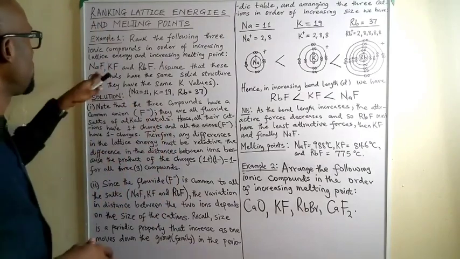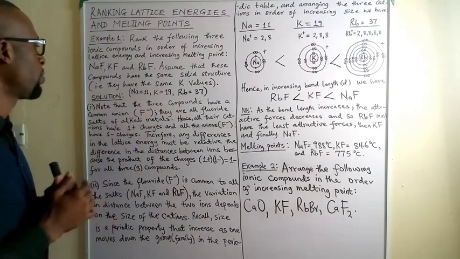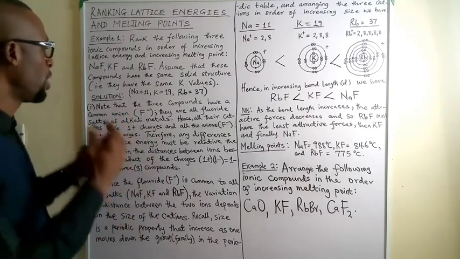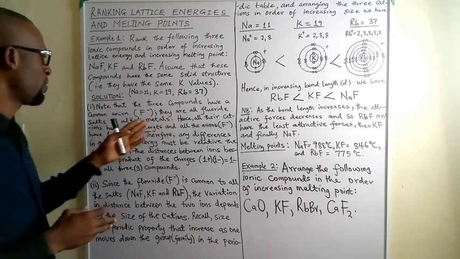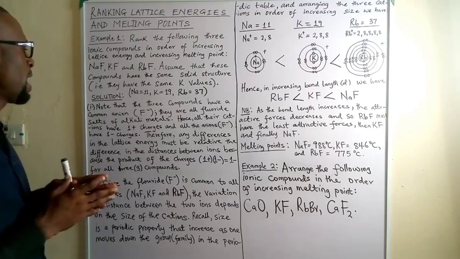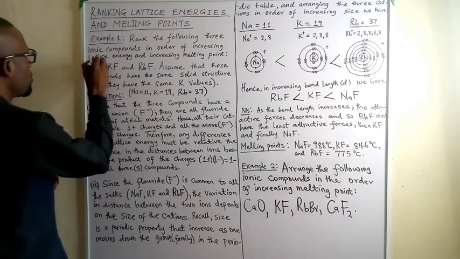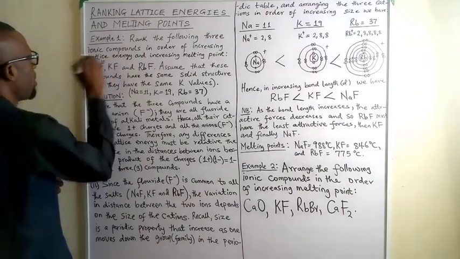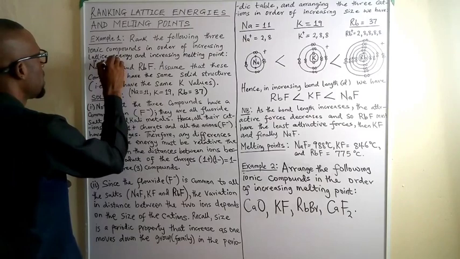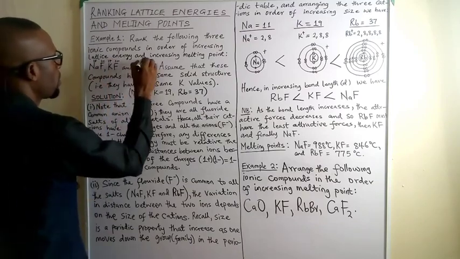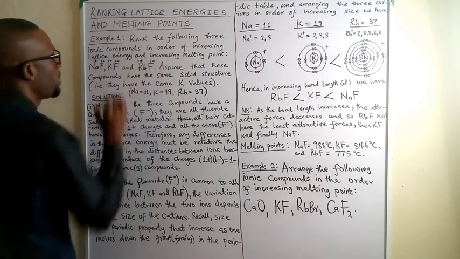So that understanding will help us to appreciate what is happening here. Again, the three ionic compounds contain fluoride ions or fluoride anion, so you will agree with me that they are all fluoride salts of alkali metals. If you pay attention, you also discover that they have cations that have 1 plus charge, and anions that have 1 minus charge. Since this is an alkali metal, you have 1 plus charge, and you also have 1 minus charge.